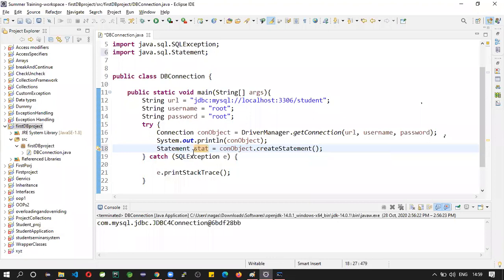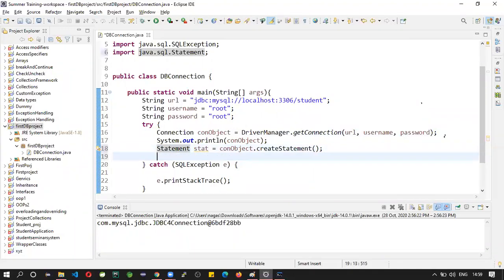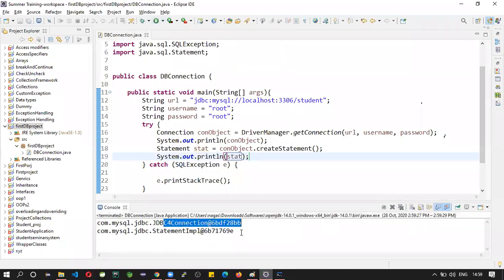So that's why I'm using it here. Connection also. See, this is the connection object and this is the statement object.